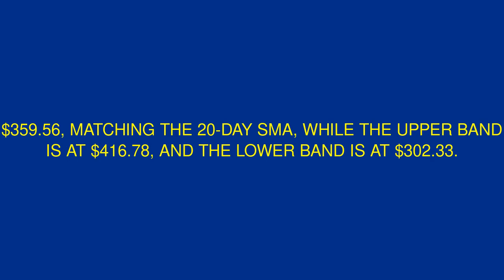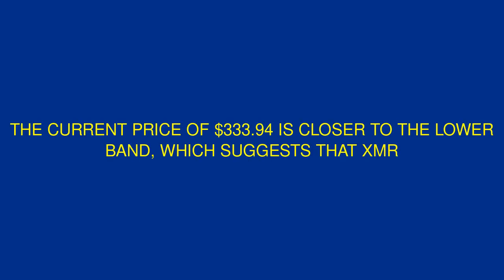Next, we'll look at the Bollinger Bands to assess volatility and potential price targets. The 20-day Bollinger Band middle line is at $359.56, matching the 20-day SMA, while the upper band is at $416.78, and the lower band is at $302.33. The current price of